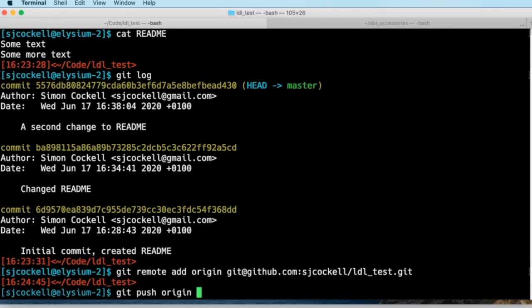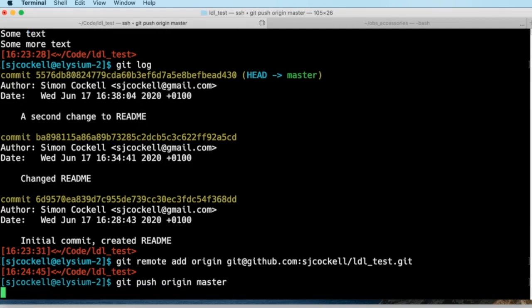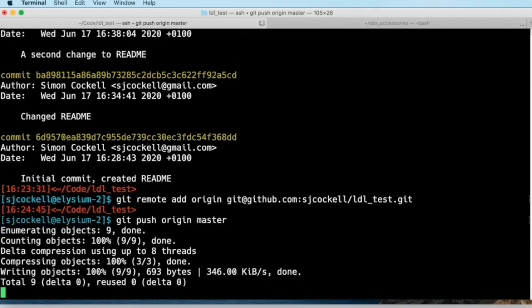And then the final bit of the push is what it is that I want to push. That specifically is the branch of my repository that I want to push. The branch that I'm currently working on is this branch called master, identified up here. So that is the branch that I want to push up to GitHub. So I want to git push to this place called origin, my current branch called master. And that is my command, which will then transmit the code in my local repository up to GitHub and reflect my local repository up there